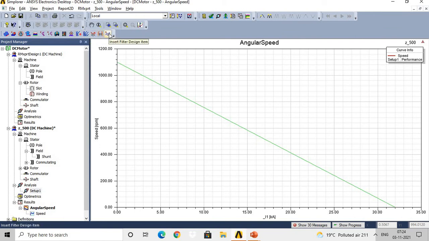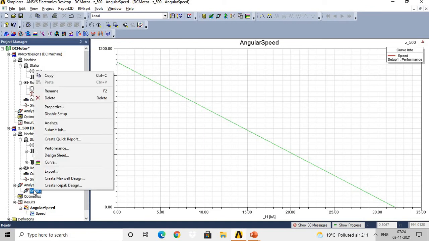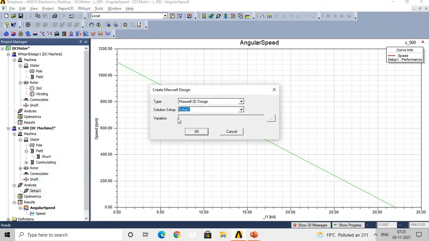For that purpose you need to work on the ANSYS Simplorer, that is, insert Simplorer design, and you can make your own design. Okay, then related to the conversion of this model, you can directly convert this model into the Maxwell 2D or Maxwell 3D design. For that purpose, just right click on the setup, then click on create Maxwell design.